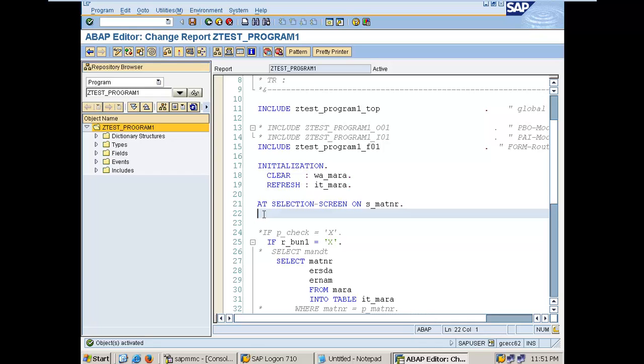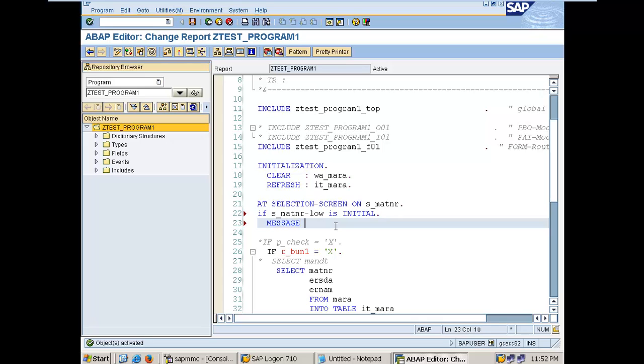So what I want to mention here is that if s_matnr-low is initial, means it does not have any value, then message